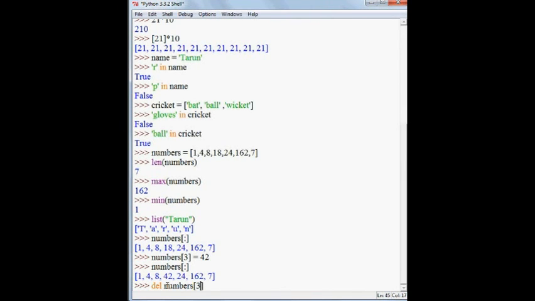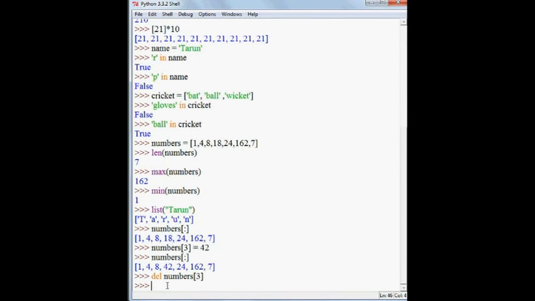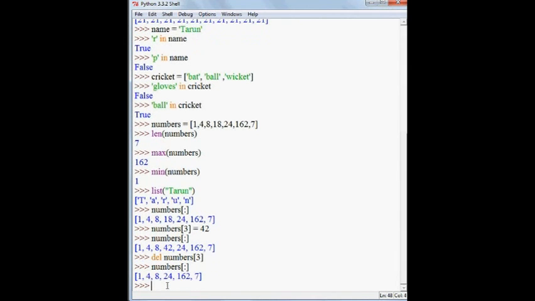So I want to delete the number present at index position 3. So press enter. Okay, so let me go ahead and show you the new numbers. It has deleted the number 42 from the list.